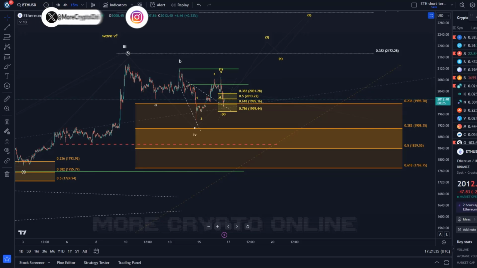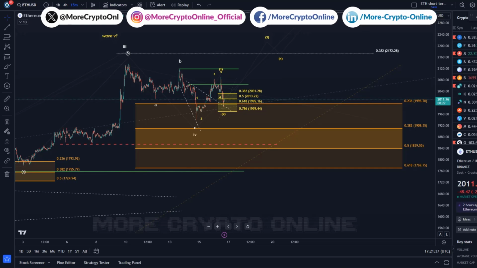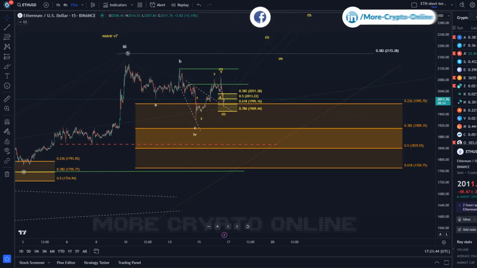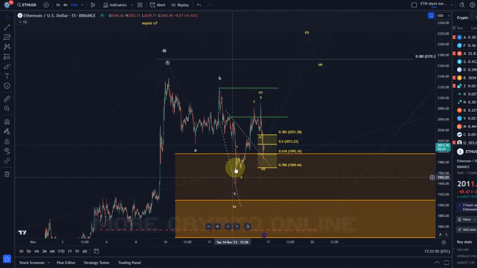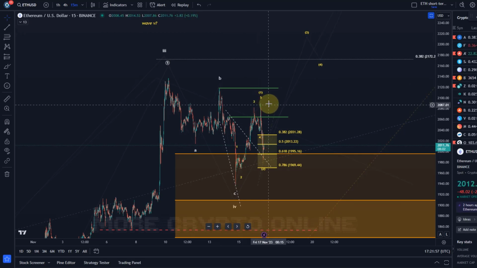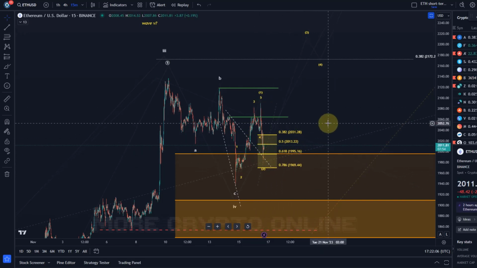So the ETH chart followed the micro count that I shared with you in the last update, and it produced 5 waves to the upside, potential 5 waves off of this swing low that was made here around the 14th of November. That was the Tuesday low, and the price moved up in potential 5 waves. Topped here at 2091. And since then has come down quite a bit today into our support or target area